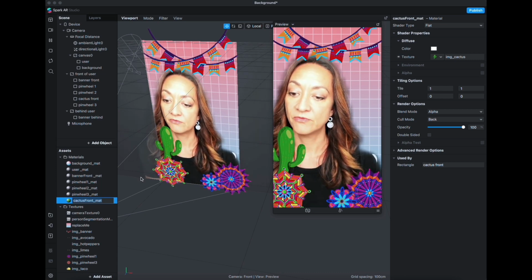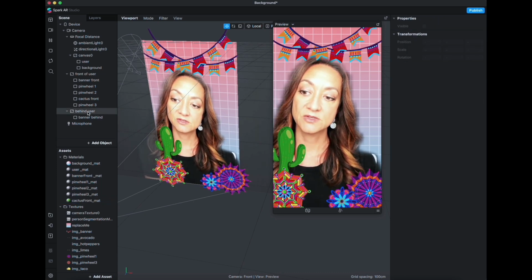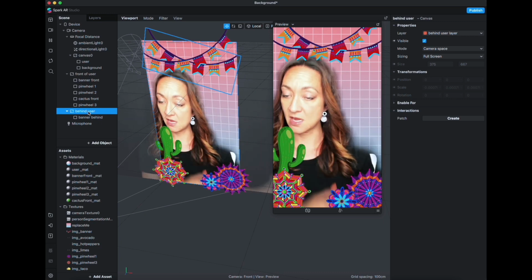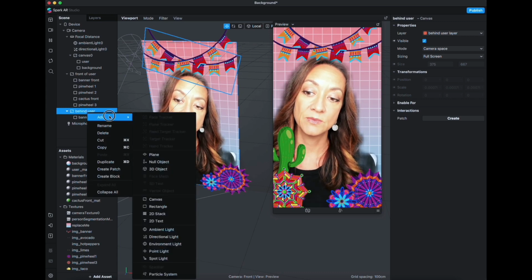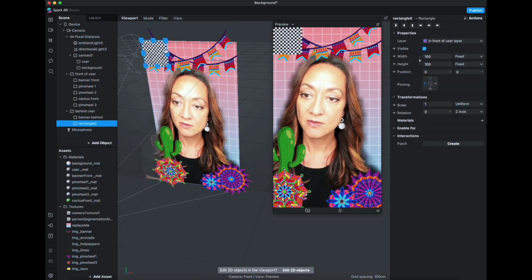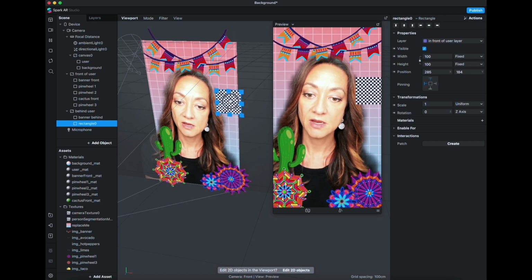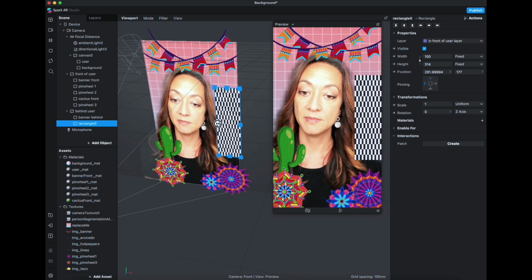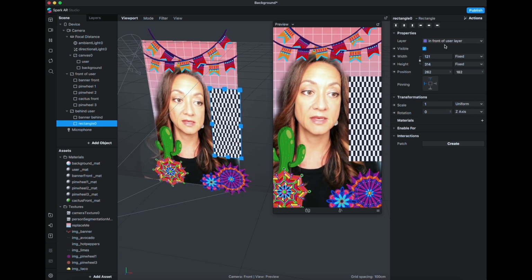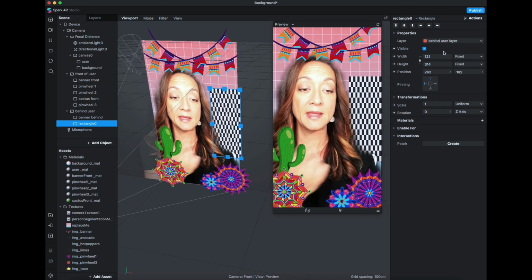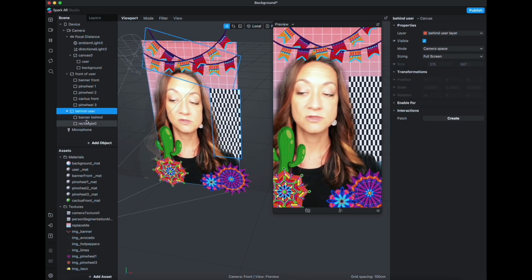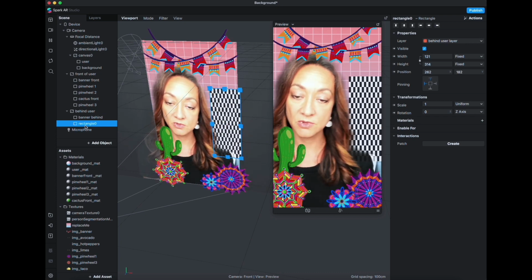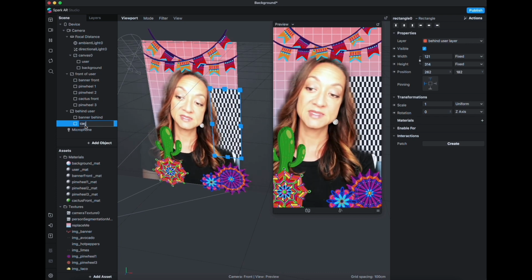So before I get ahead of myself, let's create a whole new rectangle behind the user, because it's going to appear behind me here. Let's right click. We're going to add a rectangle. Let's drag it over here. It's going to be kind of right behind me. Currently it is not, because it is on the layer that is still in front of the user. We want it behind the user layer. Make sure that's all behind, the banner behind, yes, the rectangle is now behind. You see that? That's super cool. Double click that and say cactus